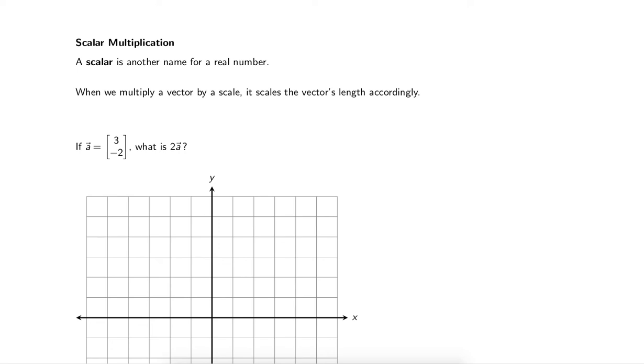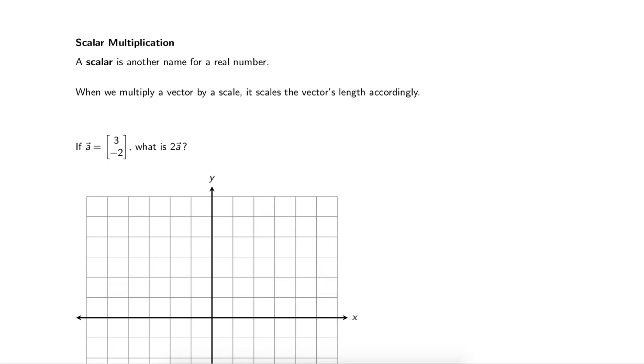Alright, so in this video we're going to take a look at scalar multiplication for vectors. In our last video we took a look at adding vectors together. But a scalar is simply another name for a real number. And when we multiply a vector by a scalar or a real number, it's going to scale the vector's length